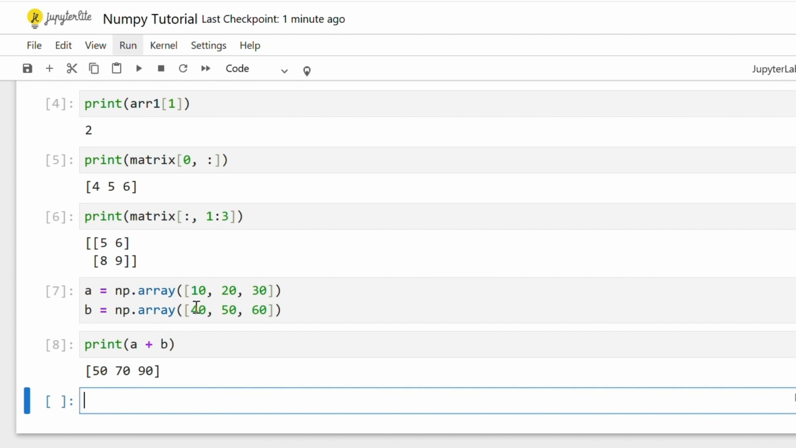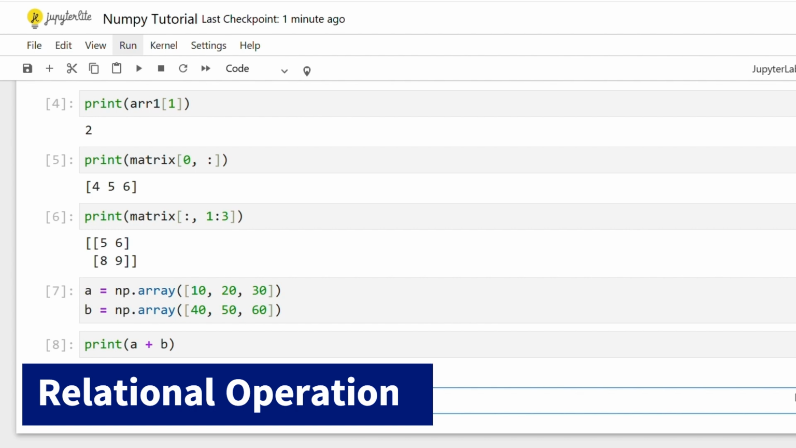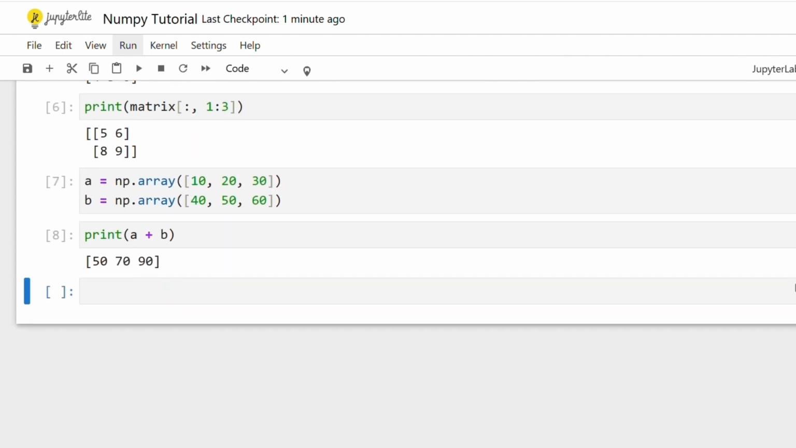That means the first element of array A is added with the first element of array B, and similarly the other elements have been added, and we get to see a new array. In the same way, you can perform other mathematical operations like multiplication, subtraction or division. We are not just limited to mathematical operations, we can also perform relational operations. Let's see an example. Suppose that I want to get all the